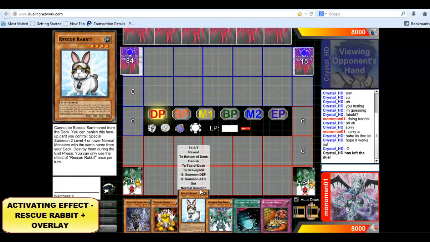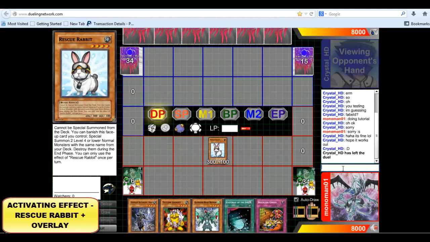Okay, so what I want to do is probably summon Rabbit, because Rabbit is awesome. So what I do is I normal summon it, and if you want to go for the effect, which obviously you do, you type in effect in the chat like that. And what you've got to do then is wait for your opponent to either say okay or respond with like a Vela or a Maxi or something. Or you wait 5 seconds, and if they don't respond, then it's all manual,